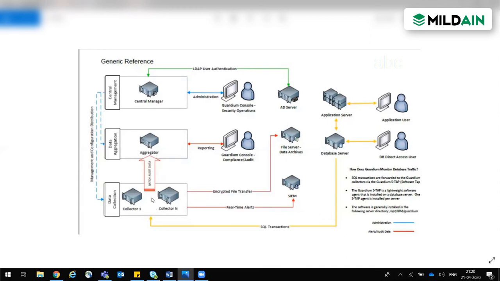Now there is one more thing, encrypted file transfer. This is file server data archives. See, each appliance has some fixed memory, right? It is not like you can store 10 TB of data and then increase it to 20 TB.